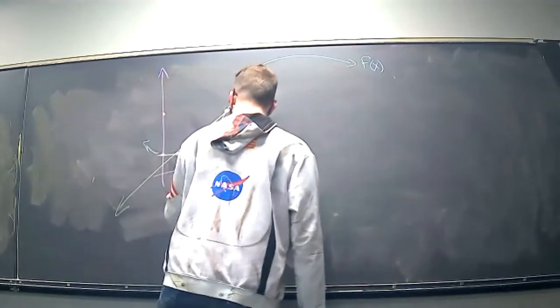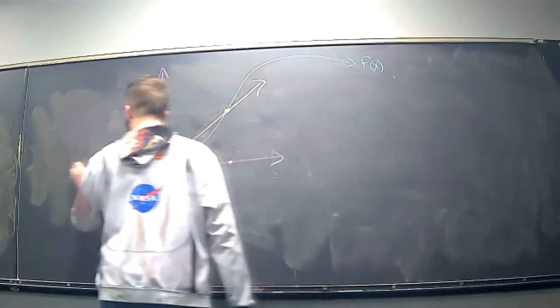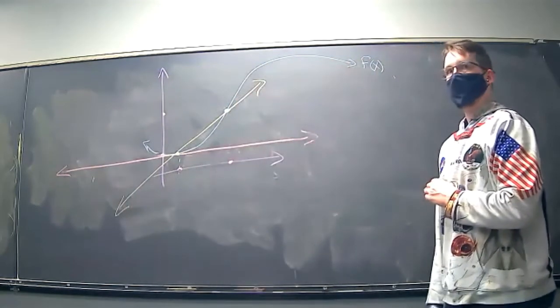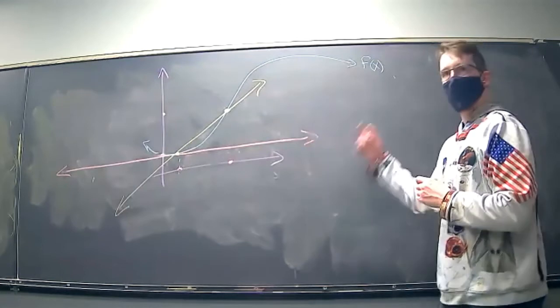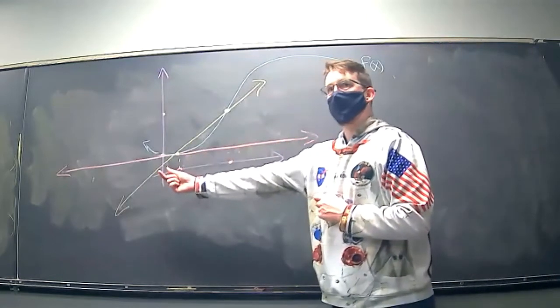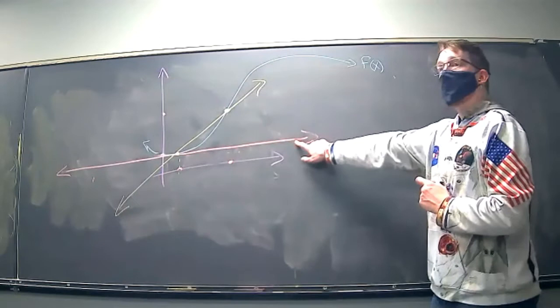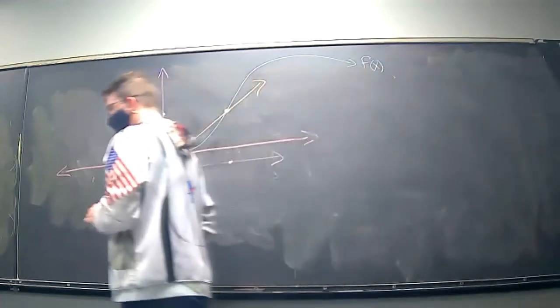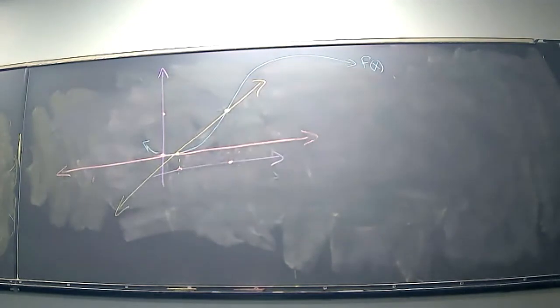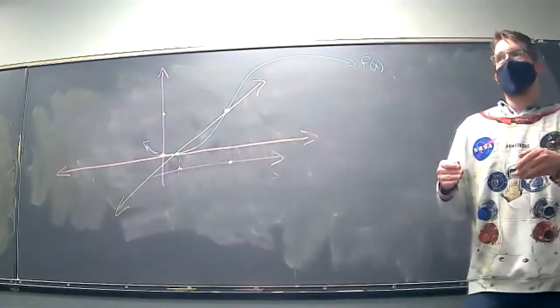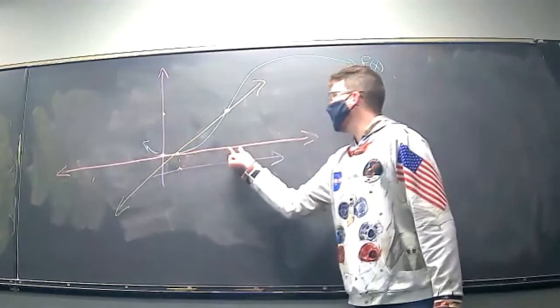This is what happens when we let that point B approach x, or delta x approach 0. This line here is called a tangent line. A tangent line is a line that touches a curve at 1 point. And if you were to look really close at that curve, zoom in, the graph of your curve would be indistinguishable from your line.